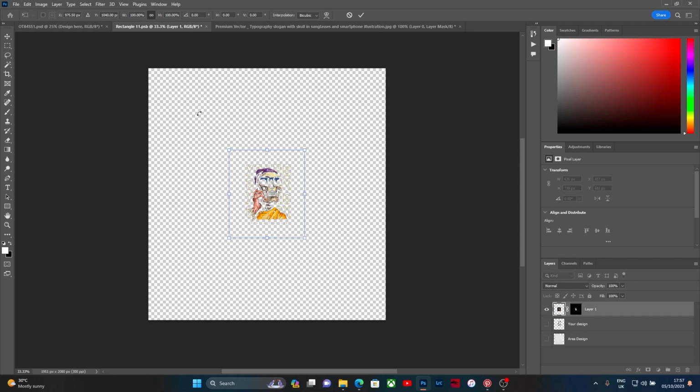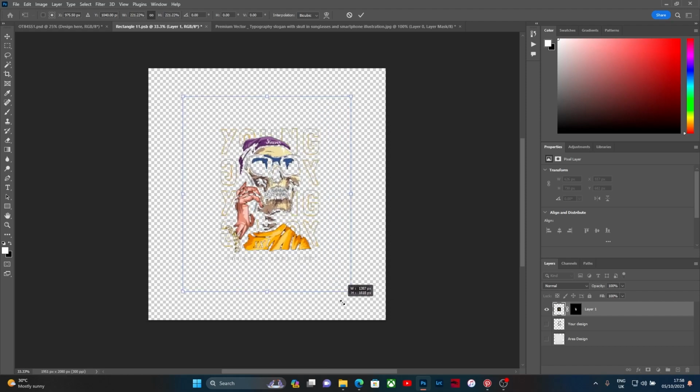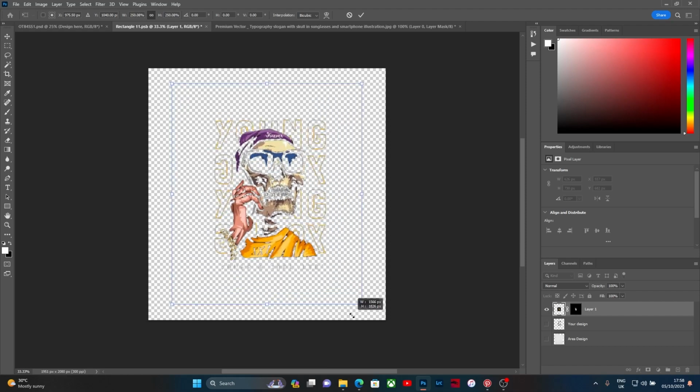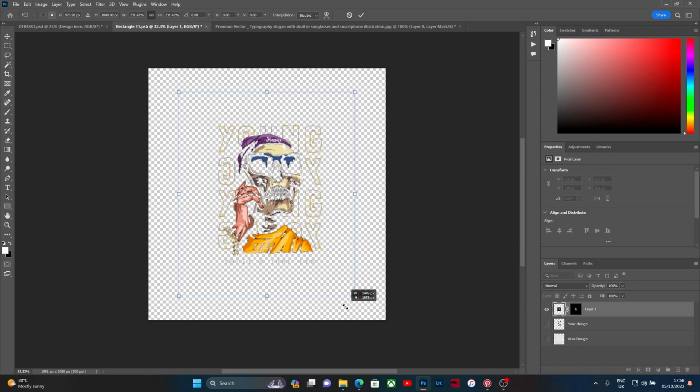So now how do I expand the PNG? On your keyboard, you hold Alt. Then when you move your cursor to the edge of the box, you should see this arrow. Then you drag it. You want not to just drag it a little. Then release. Then you press the check mark, and there, boom, you've already increased the